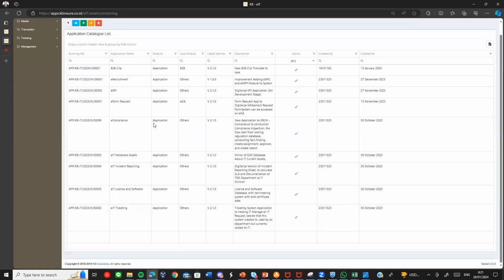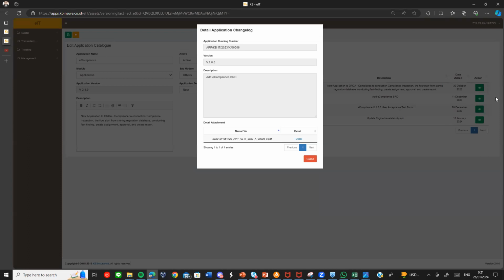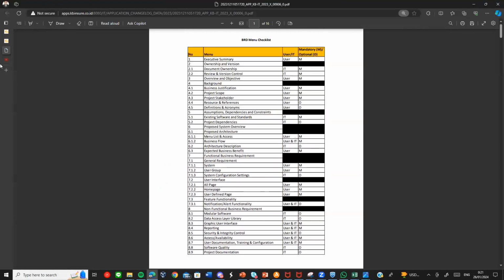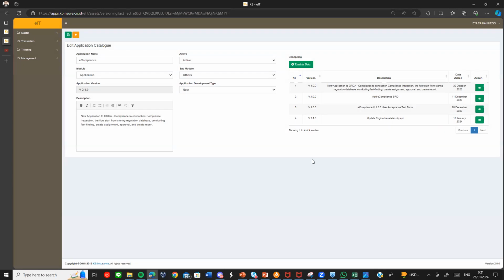And for example, maybe for the e-form or e-compliance, I think I have a file that will be uploaded. This is for the example. The system can be used to save files too for documents, so the data can be stored in the system, easily found, and easily managed.